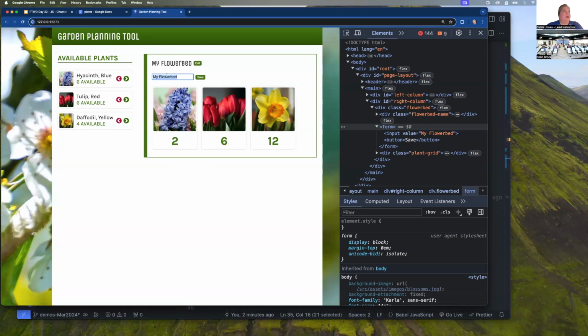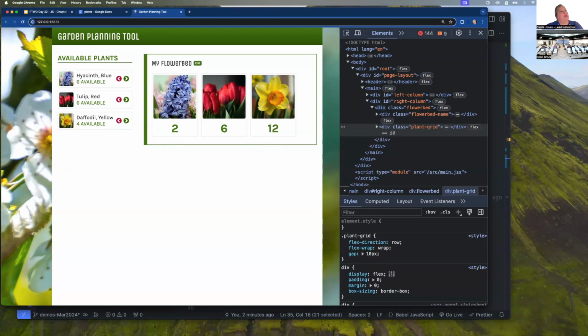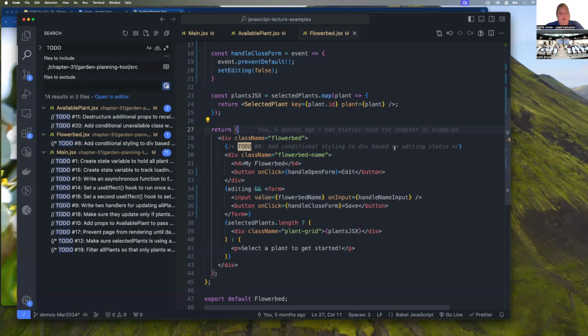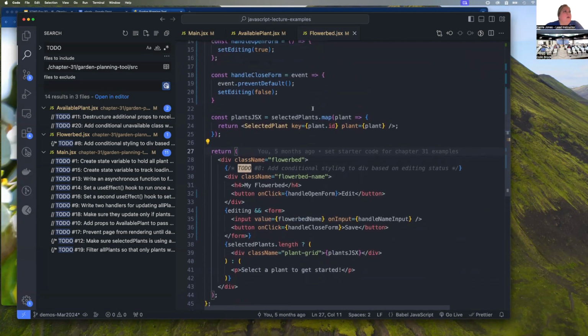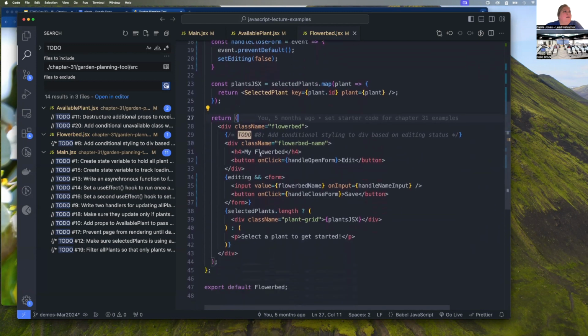I can come over here and say, this is my bed that's under the redbud tree. Okay, and it's not updating. Does anyone know why? I can tell you exactly why. It has to do with this. We have not actually put our variable in here, have we? It's still hard-coded. So let's actually use a little placeholder here and put the name of our state variable, flower bed name. And now